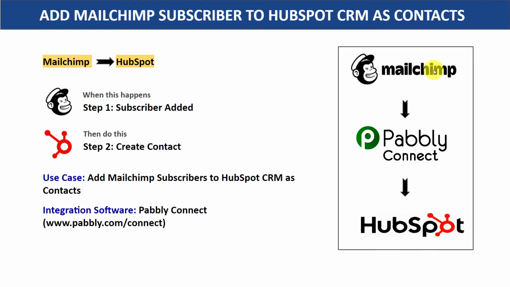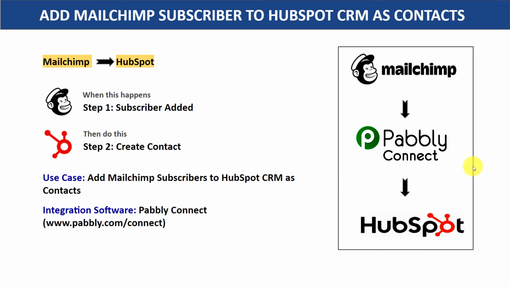The first choice is to copy all the details of John from MailChimp, sort it out and manually add John as a contact in HubSpot. Now this process is actually very repetitive and tiresome. So I would suggest that you bring in some automation so that whenever a new subscriber is added in MailChimp, it will automatically create a contact in HubSpot.